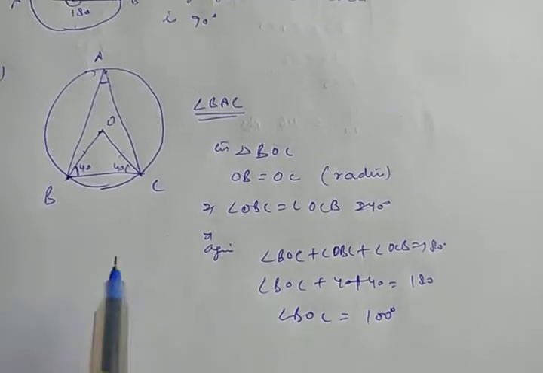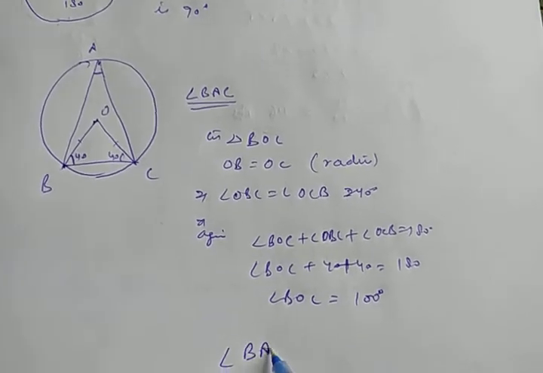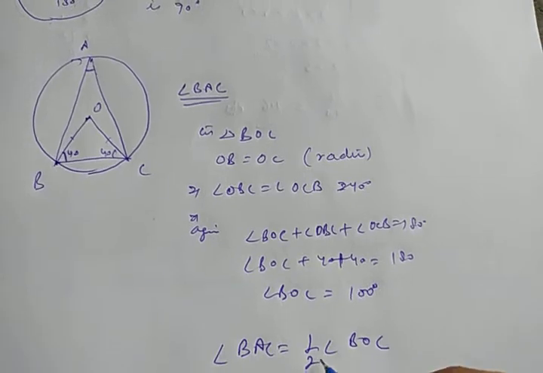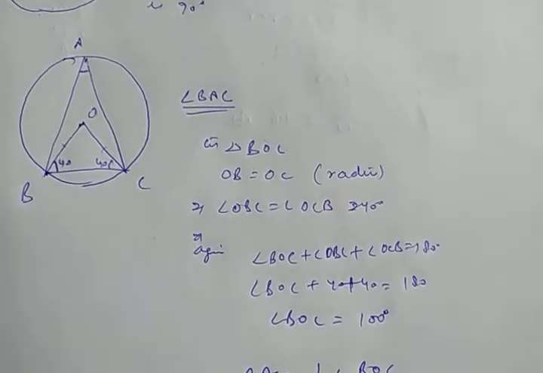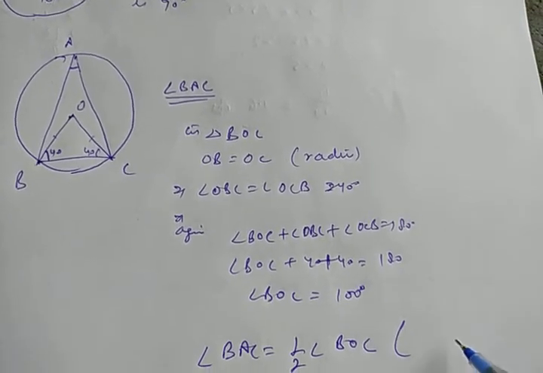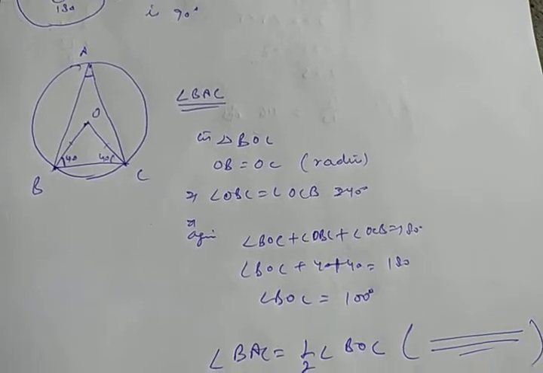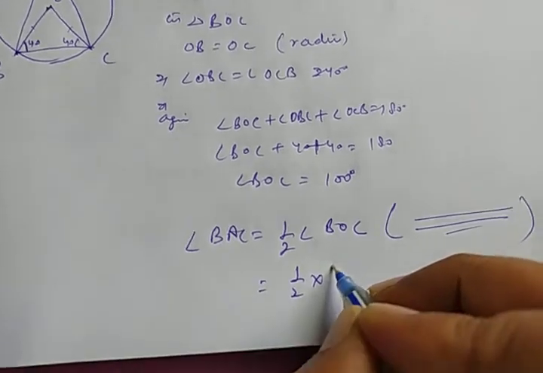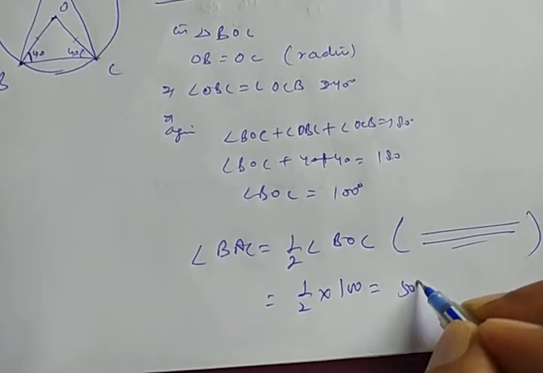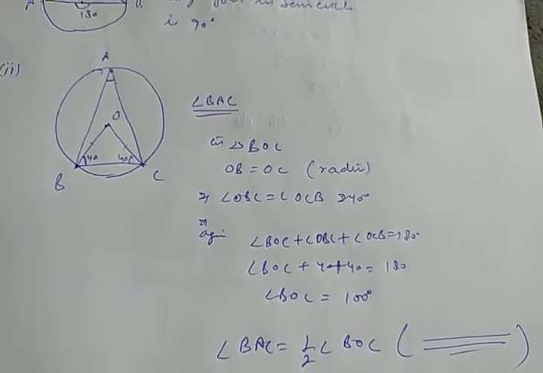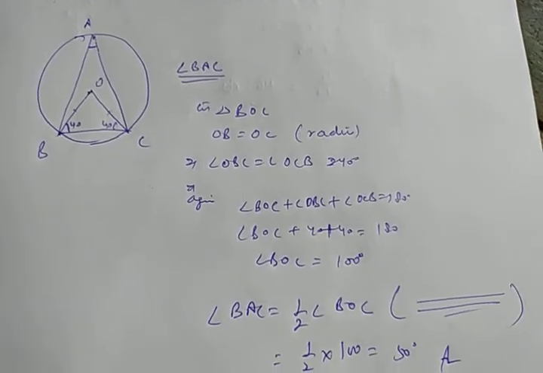When you have come to know this angle, then angle BAC is equal to 1/2 angle BOC. This is half angle BOC. This is according to the theorem. You will have to write the statement of the theorem here. Then 1/2 into 100 is equal to 50 degree. 50 degree is the answer. In this way you can calculate the questions